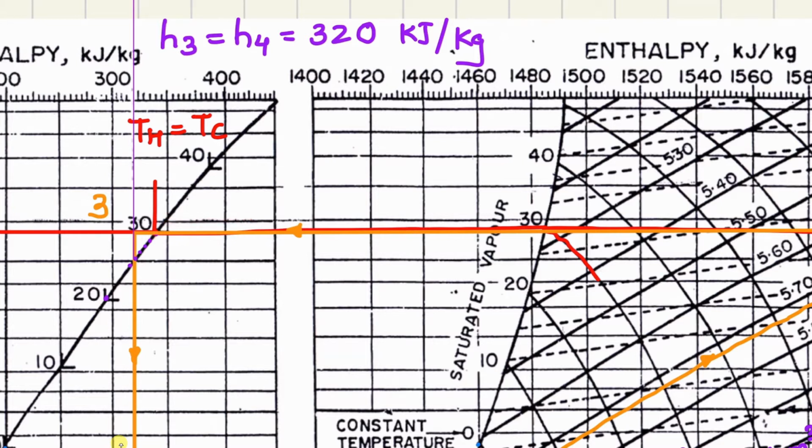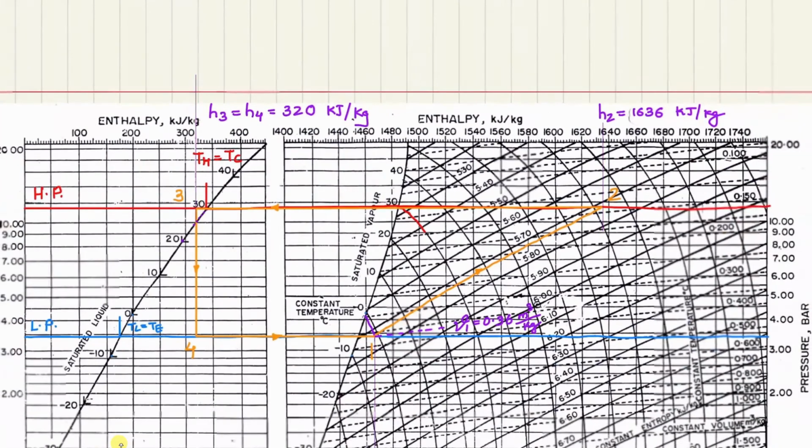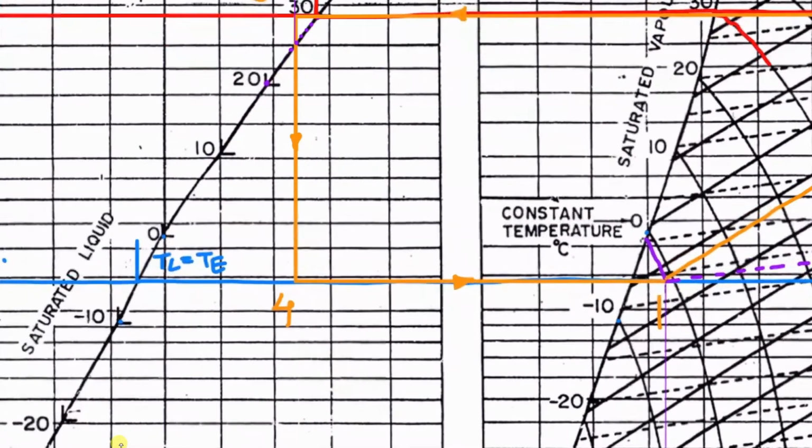So draw it carefully. Mark here 30, mark here 30, and then draw a temperature line like this first. This is higher temperature. Then lower temperature is -5. So this is -10, this is 0, so here we have -5. Draw a -5 temperature line. Okay, this will be the -5 temperature line.